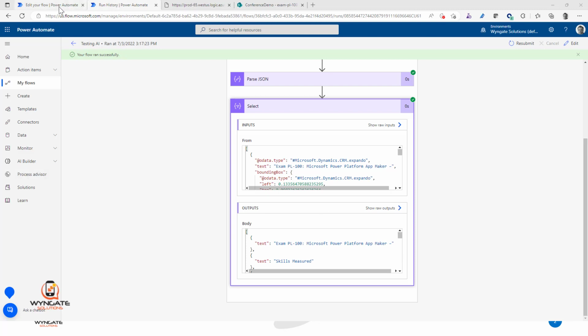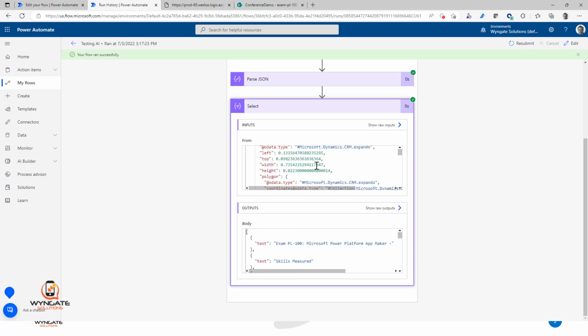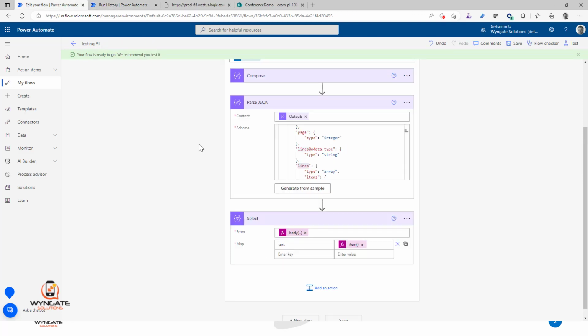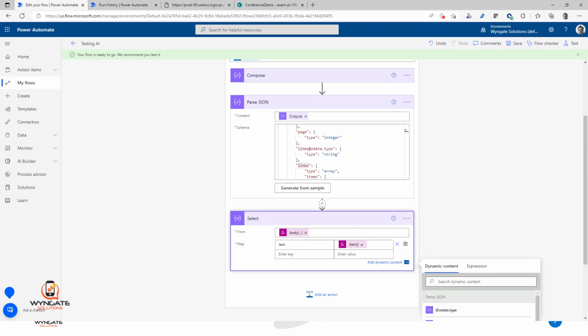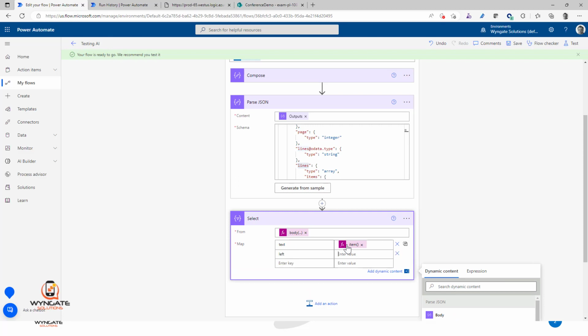So now the next step, what we are going to do is, we have all of this data over here, the text, but I also need to get, say, the left column from here. If you notice, text is right under this one, and then you have a bounding box object, and left is part of that bounding box object. So I'm going to call this left, and then over here I'll copy this particular expression